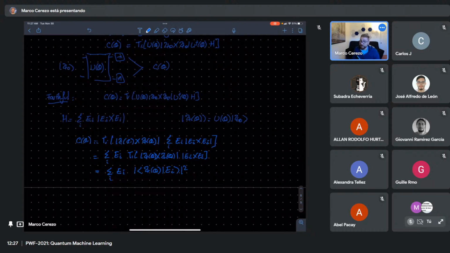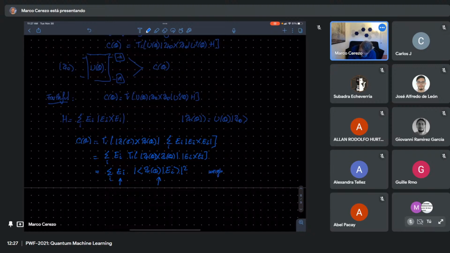So the cost function value is essentially a weighted sum of the different eigenvalues of my Hamiltonian, each one of them given by the probability of the state being in that state. So this is a weighted sum of eigenvalues of H by the probability of the states